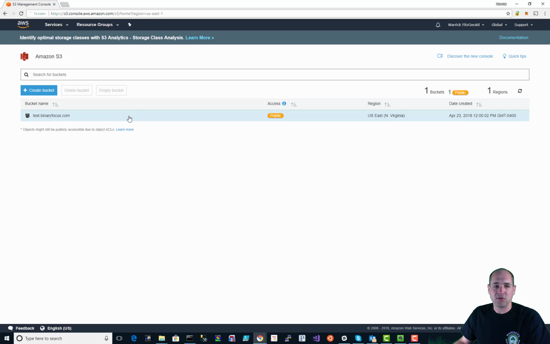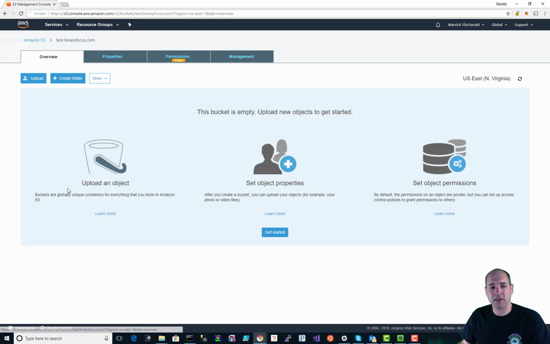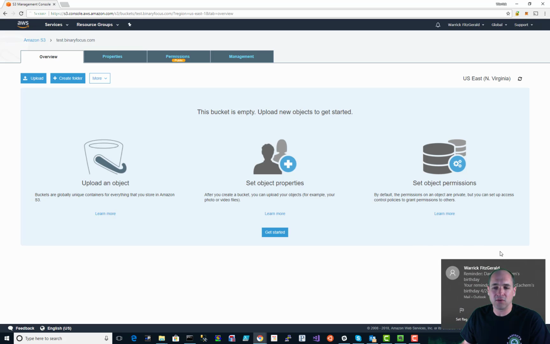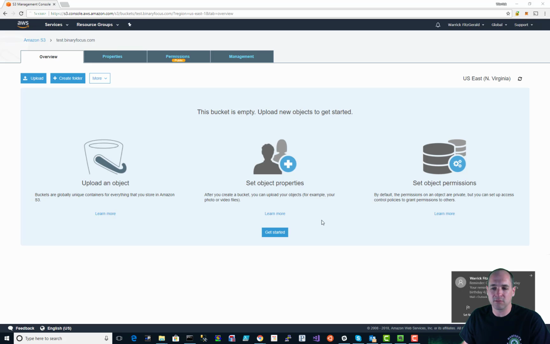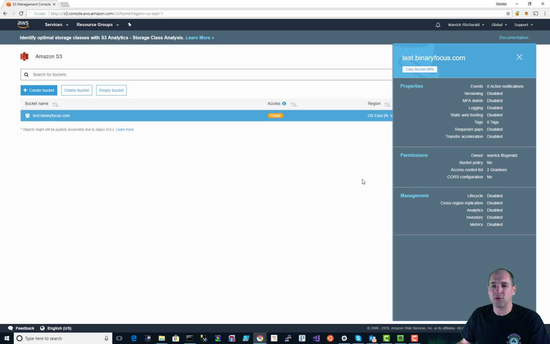The next thing to do is, now there is something that catches a lot of people, which is really stupid, but when you click on the right hand side of this UI, you get this properties dialog. When you click on the link itself, it takes you into the bucket. So the first thing we want to do is set the properties of this bucket